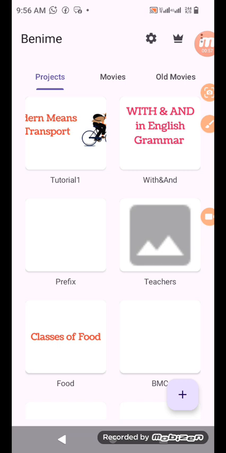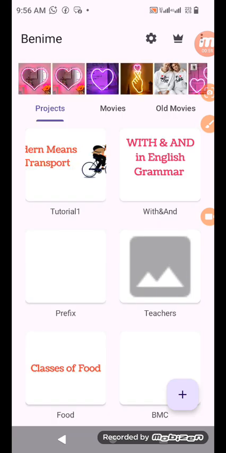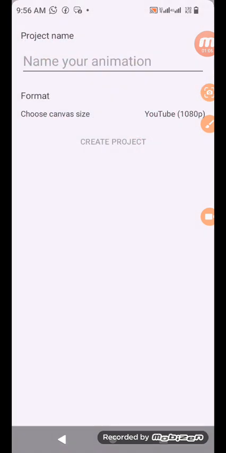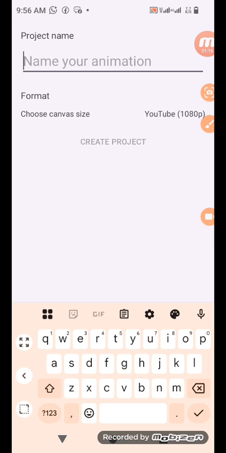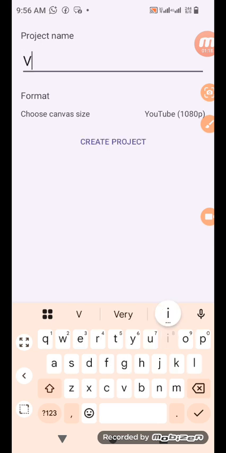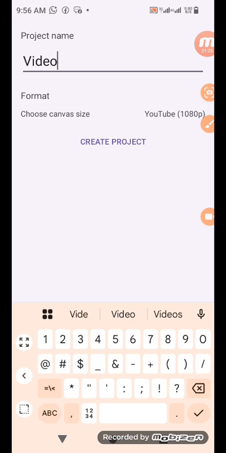Once you launch it like this, the first thing we're going to do, you're going to see where you have this plus sign down here. Just click on it. It means create. You want to start creating. So these are the first few things you're going to see. Now just type what you want to do. You might just call it video 1. This is not the main name for this, whatever. And whatever you are writing here, please make sure you close up the gap. There'll be no gap. This is video 1.